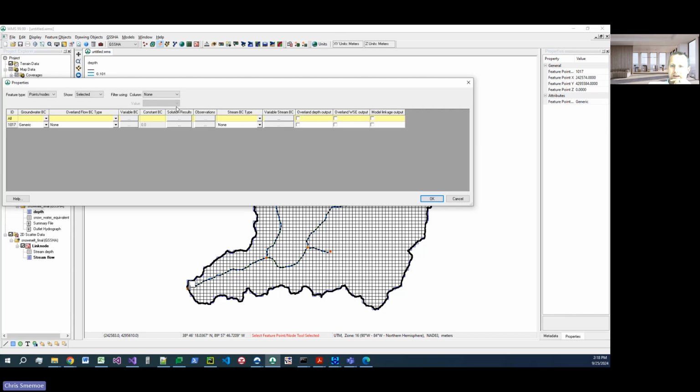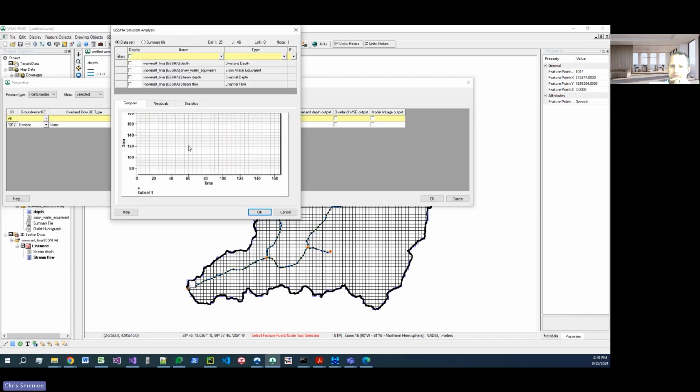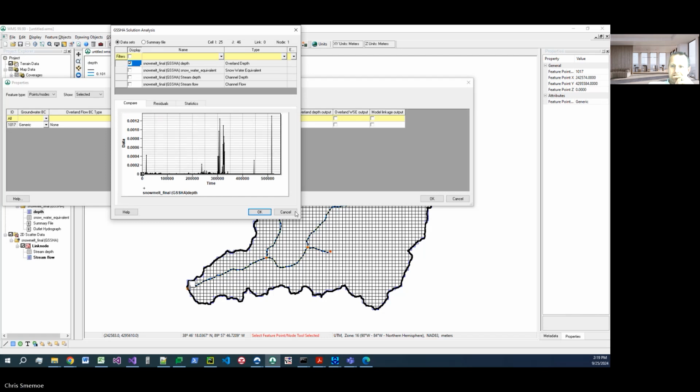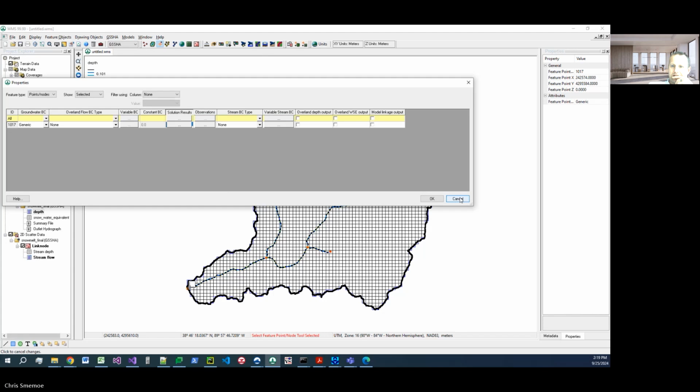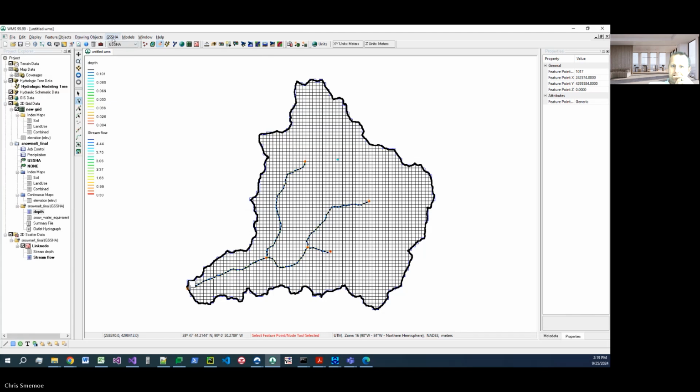Solution results. And then you turn on the display there, like say the snowmelt final GSSHA depth. Yeah, so that's the depth, that's the plot of the water surface depth. Now you have to ask for the individual cells that you want the flows at,